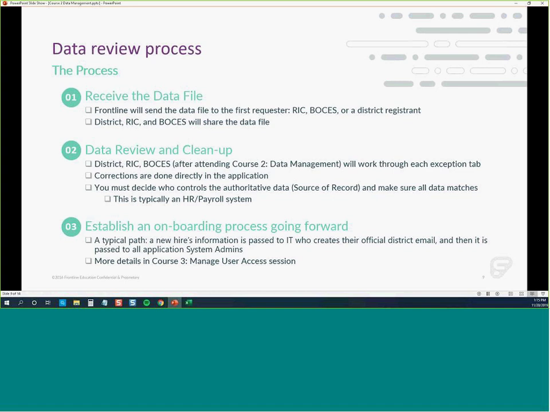Now, we're going to establish an onboarding process going forward, and we'll talk more about that in the third. But basically, a typical path is to hire somebody. You want to pass that information down to your IT department. IT department then creates the official district email address, and then they pass it on to all of the system